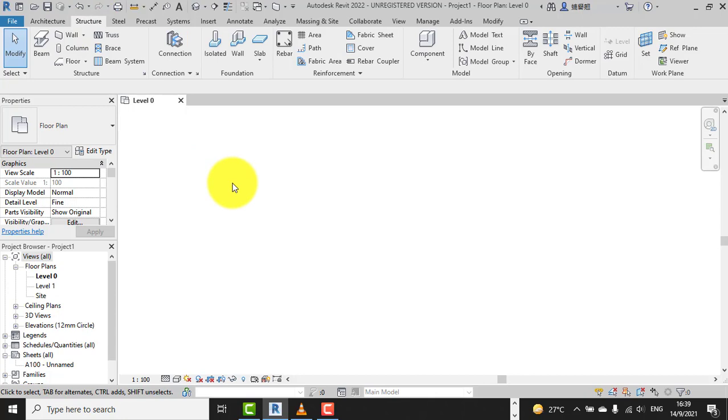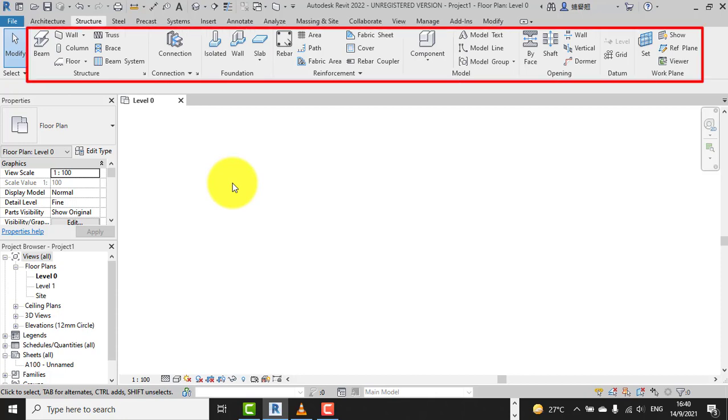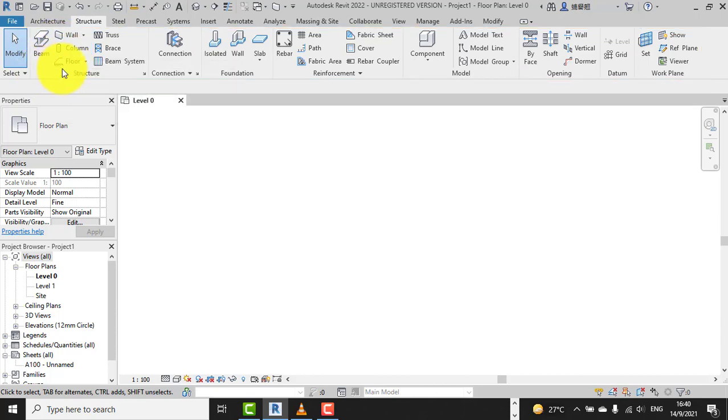Then we have the structural tab. That one we are not going to be worried about, since this tutorial is for architecture. But that's where you get to find all the structural tools. This is for the structural engineers working on beams, structural walls, structural columns, trusses and all that. Same as this for steel. So we are not going to be worried about these steel and precast systems. We are not going to be worried more about this. Yes. So